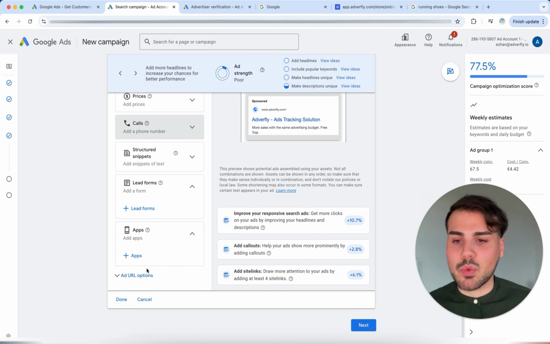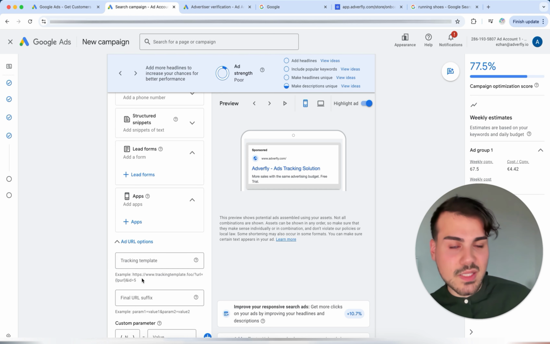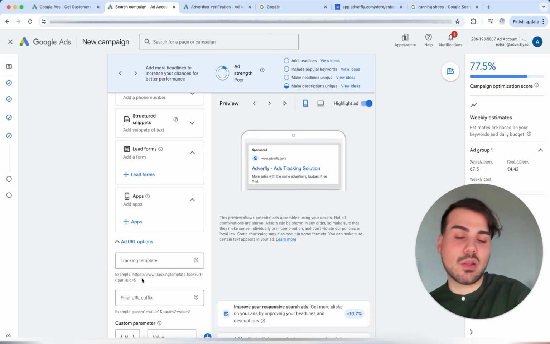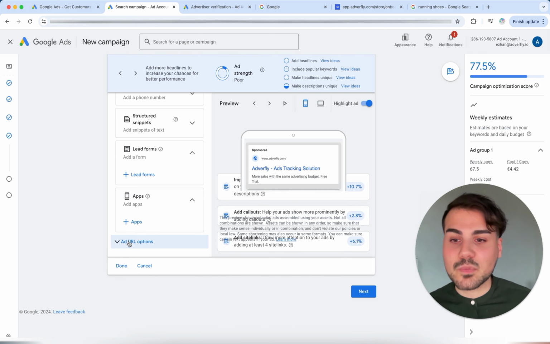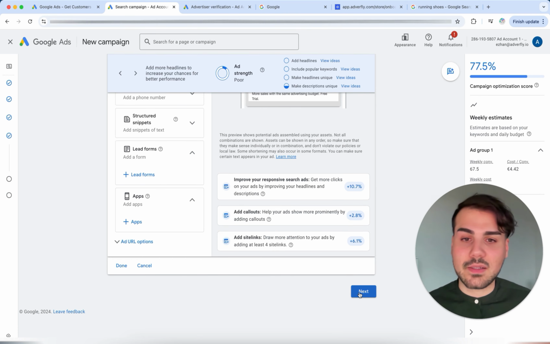And then you can open the URL option here. We click on it briefly. Then you can place the UTM parameters here, in which case we don't have to place them here because we have already done this on the campaign level. This will then be automatically copied down here. So I'll leave it blank in this case. And if I then click on next, it goes to the next step.